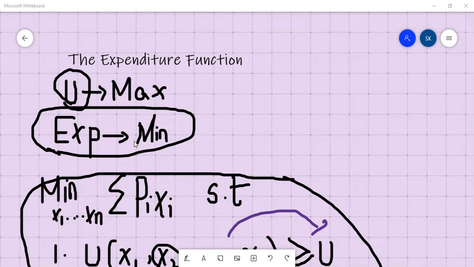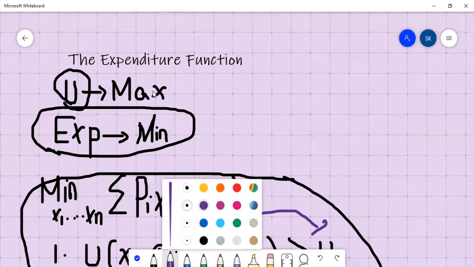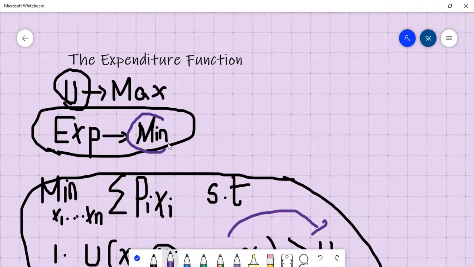So whenever we are concerned with the expenditure function, what we do is derive it from the problem of minimizing the total expenditures which are necessary for the consumer to achieve a specified level of utility. So the expenditures should be minimum in order to achieve the maximum level of utility. This is stated in the expenditure function. Therefore, through this statement, we will have the function where we will have to minimize the